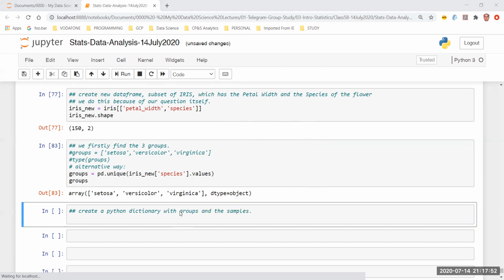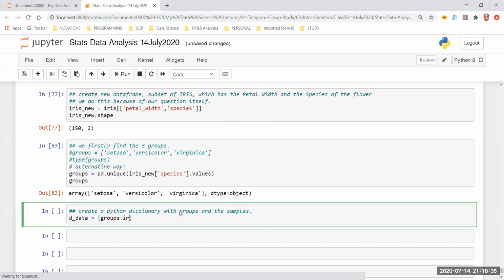Okay, so to do that, let's try to revise what we have already learned, the kind of things that we have done earlier, right? So let's say I'm going to call this D data. Just a name, a D data name that I'm going to give. And what I'm going to do is use a one liner function. I want to create a dictionary which is going to have groups and the petal width, right? So I am going to have the groups and a petal width.